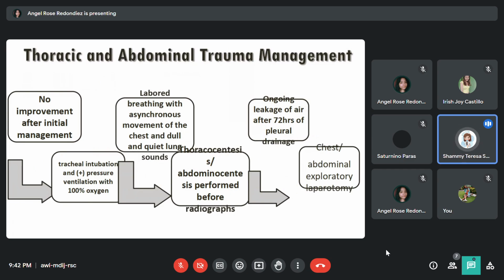Next is thoracic and abdominal trauma management. If no improvements after initial management, that means tracheal intubation and positive pressure ventilation with 100% oxygen. And for breathing with asynchronous movements of the chest and dull and quiet lung sounds,